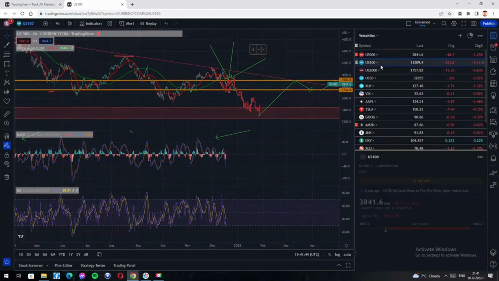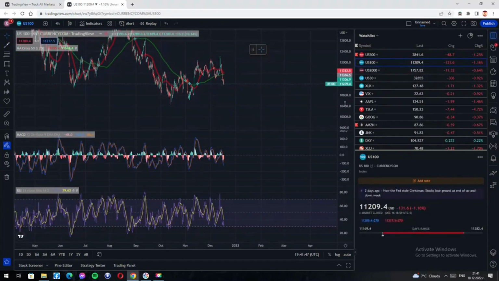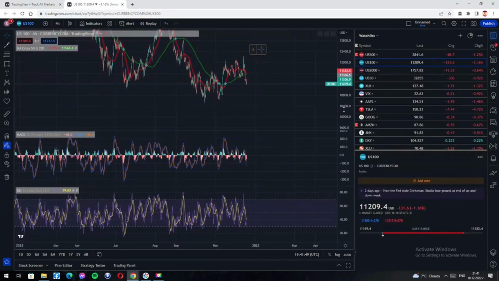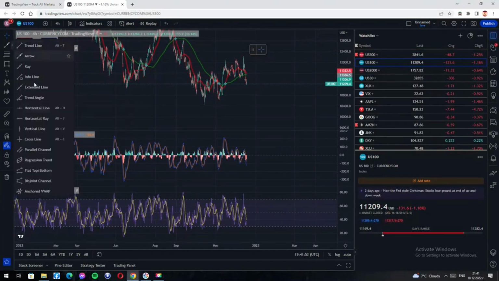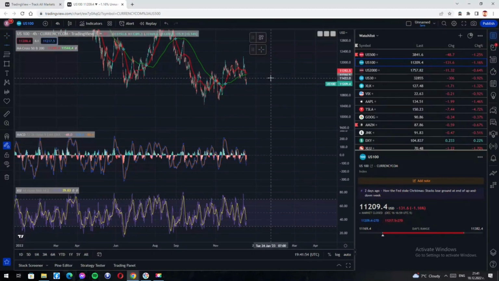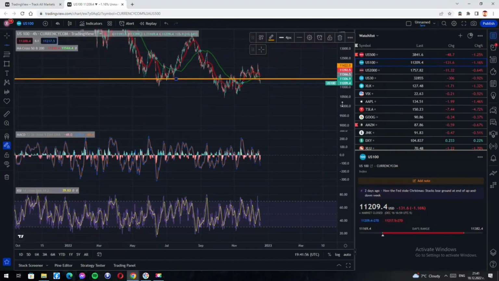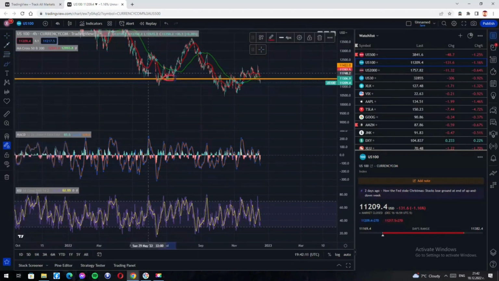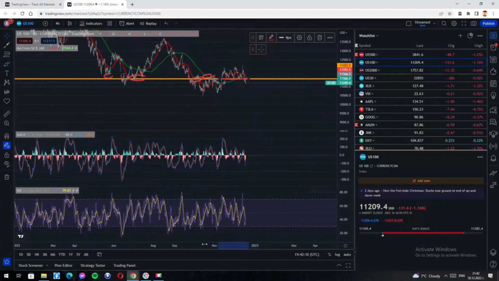And I also want to take a look at the NASDAQ, because the problem that the S&P has mostly correlates with the NASDAQ. The NASDAQ has been very, very weak this year. As you can see, the level on the NASDAQ is around 11,400. This is a massive support, very, very massive support. As you can see, multiple touches here, here, here, and we've recently gotten below this level as well.